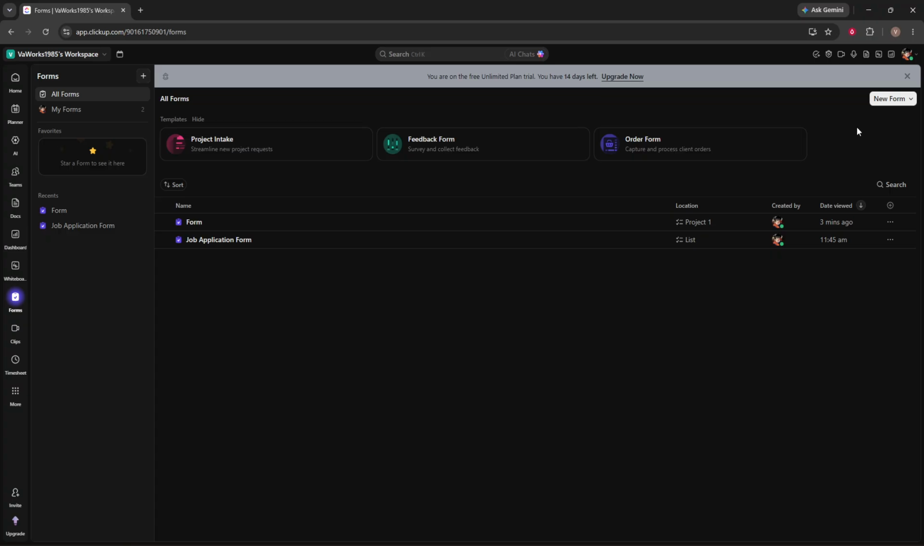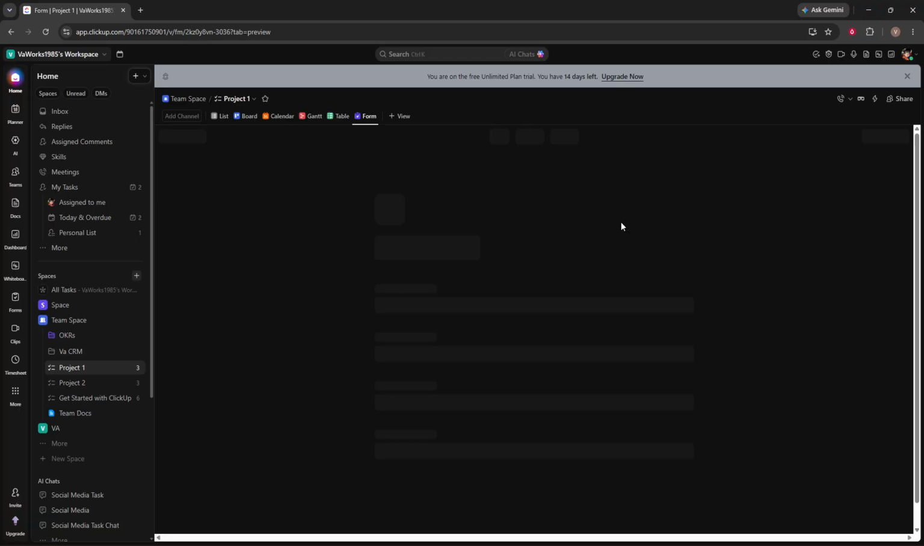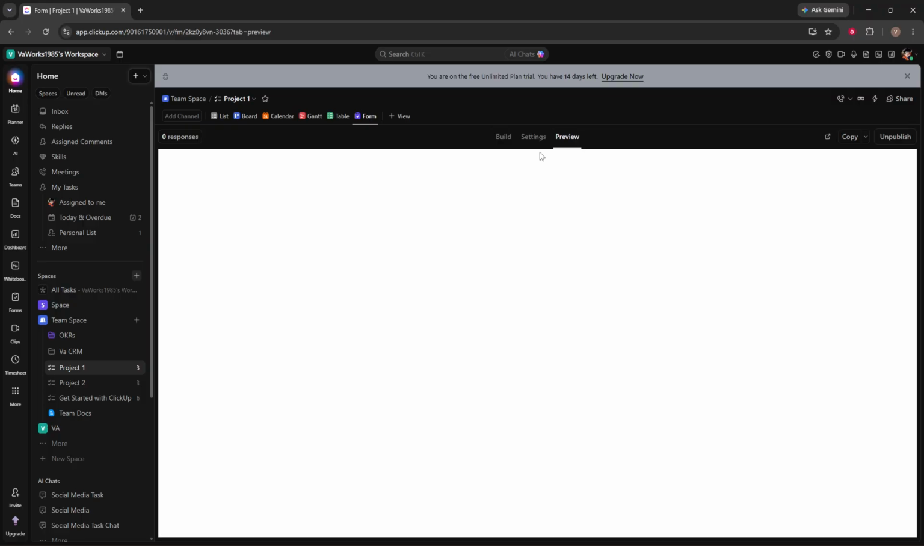Once you're in the Forms area, click New Form, then choose Start from Scratch. After that, select the list where you want form submissions to be saved. This step matters because every form response will be turned into work inside that list, helping you keep everything organized